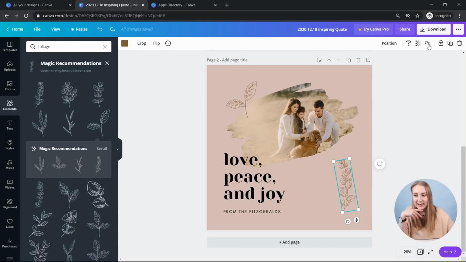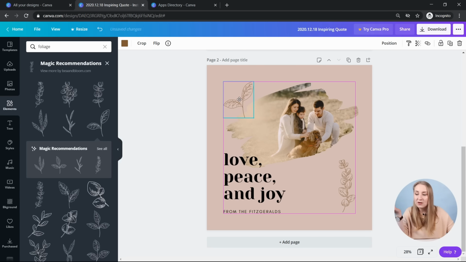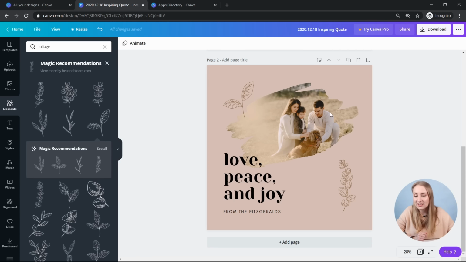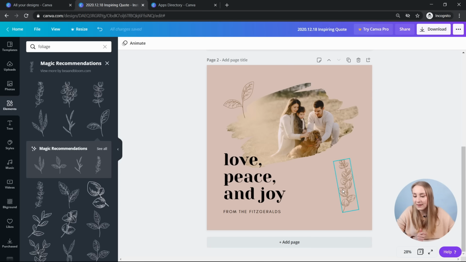Another neat thing is that you can adjust the transparency. So you can make your elements more transparent, and it's not really visible in here, but let me show you in here maybe. And as you can see, it disappears into the photo. So it's quite a neat one to play around with if you want to maybe create a bit of a shadow of an element or whatever. It doesn't really go well because it's more of a sketchy one. But if you want to play around with text, you can apply the same thing to your text or whatever. You can just adjust the transparency in here. Same goes for the photo or the frame, because it's actually a frame that I've inserted that into.